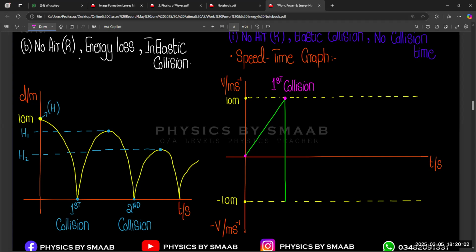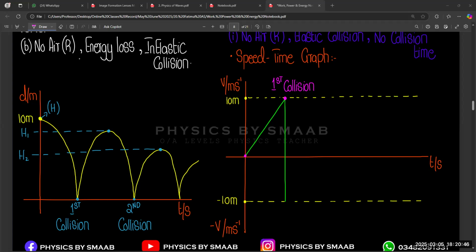Basically, negative means, let's suppose you throw a ball in the vertical upward direction, right? In that case, we can start from the negative. So it depends upon the scenario. When it is moving in downward direction, the velocity is increasing. And when it bounces back, it is moving in the opposite direction, just like it hits the ground in the first case. So the negative sign basically represents the opposite direction. Simple, right?